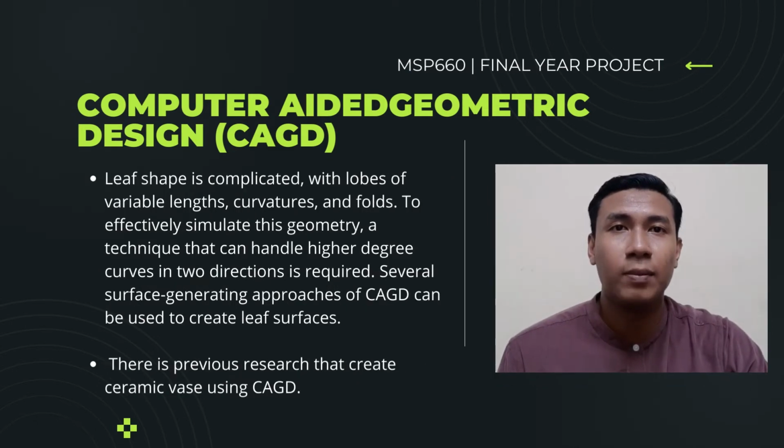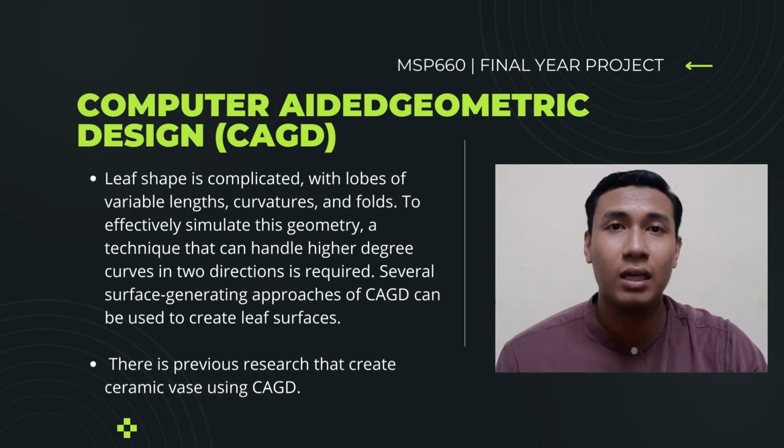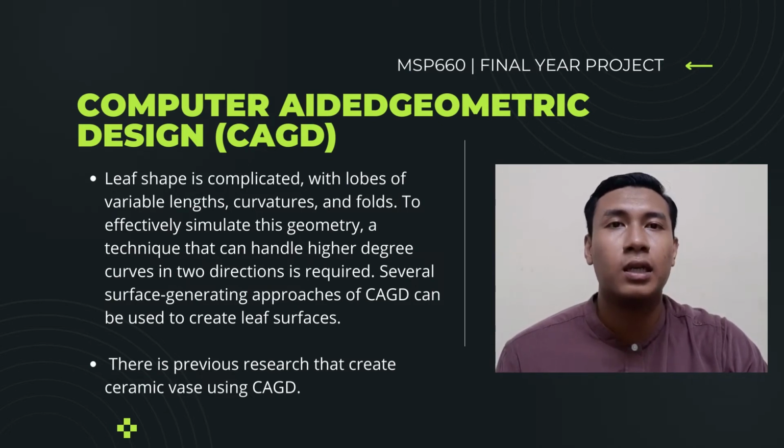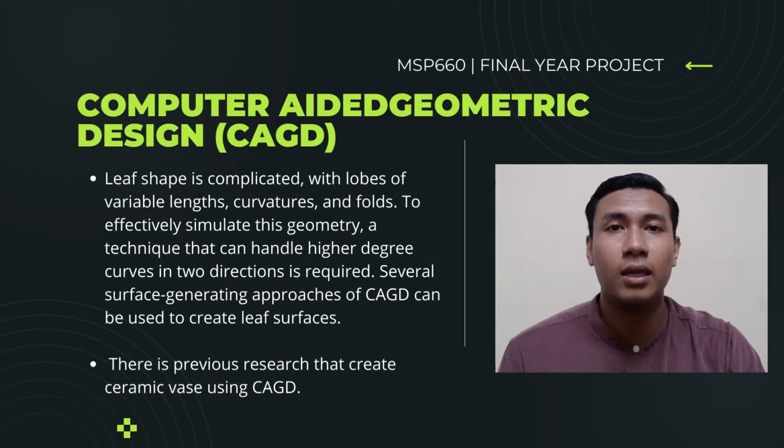We know that the leaf shape is complicated, with lobes of variable length, curvatures, and folds. So to effectively simulate this geometry, a technique that can handle it is a higher order degree curve, in 2 directions, which is required. Several surface generating approaches of CAGD can be used to create a leaf surface. There is also previous research where CAGD was used to create a ceramic vase by using